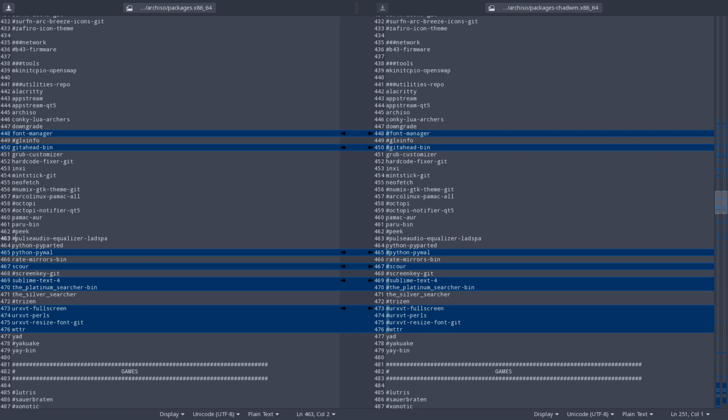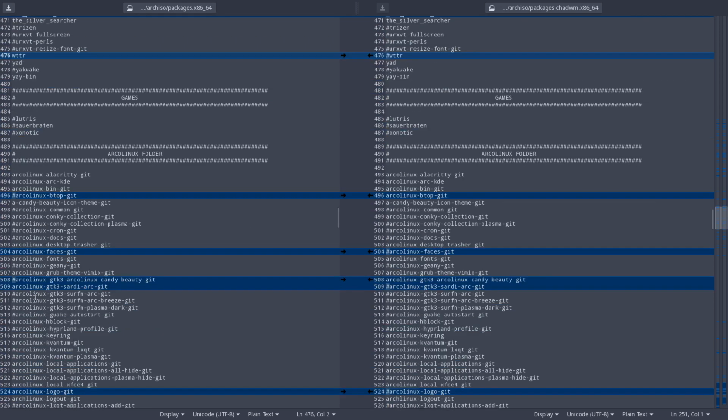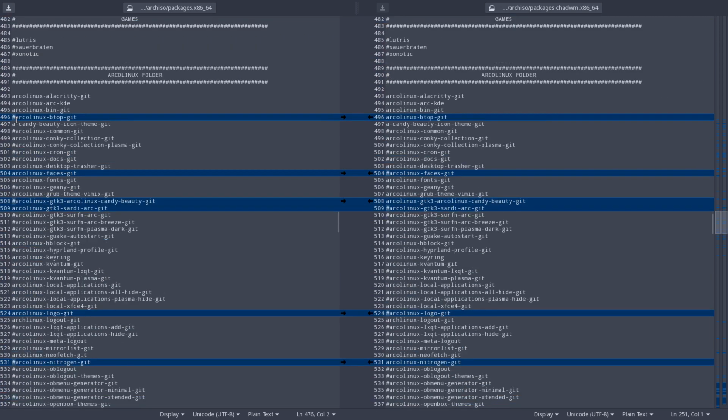PulseAudio equalizer. Scour is for SVGs. If you're not creating icons, that's not for you. URxvt is out as a decision of mine. And weather is to know the weather. That's nice. I do love btop,